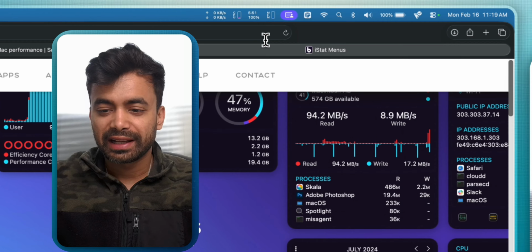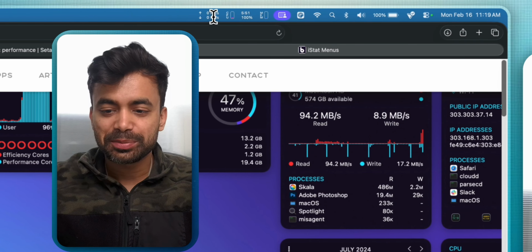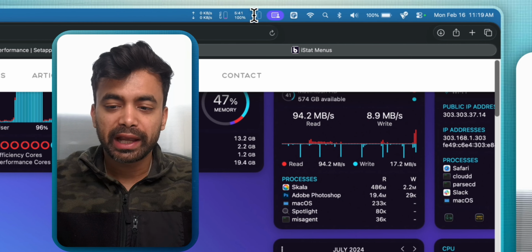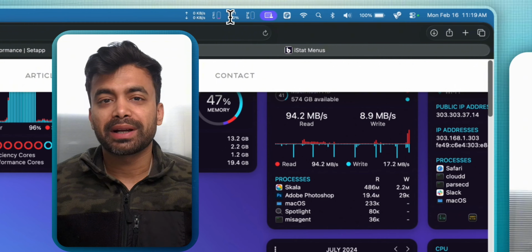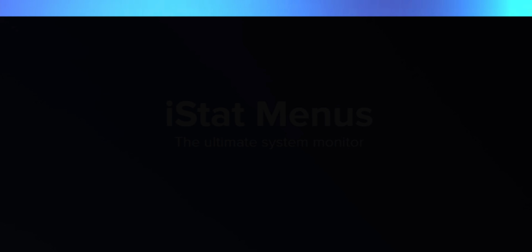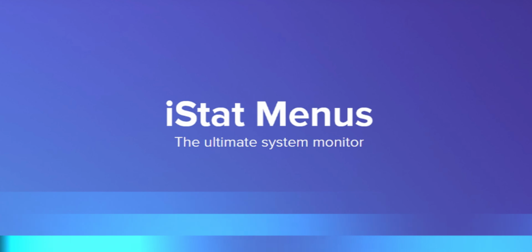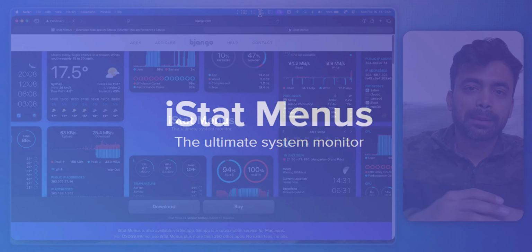Would you like to have an advanced system to monitor your macOS just like this one? As you can see, we have the internet speed, we have CPU usage, we have memory, and we also have battery, and you can even customize that to a lot of extent. So let's check it out, iStat Menus, which is a great application and an advanced system monitoring app for your